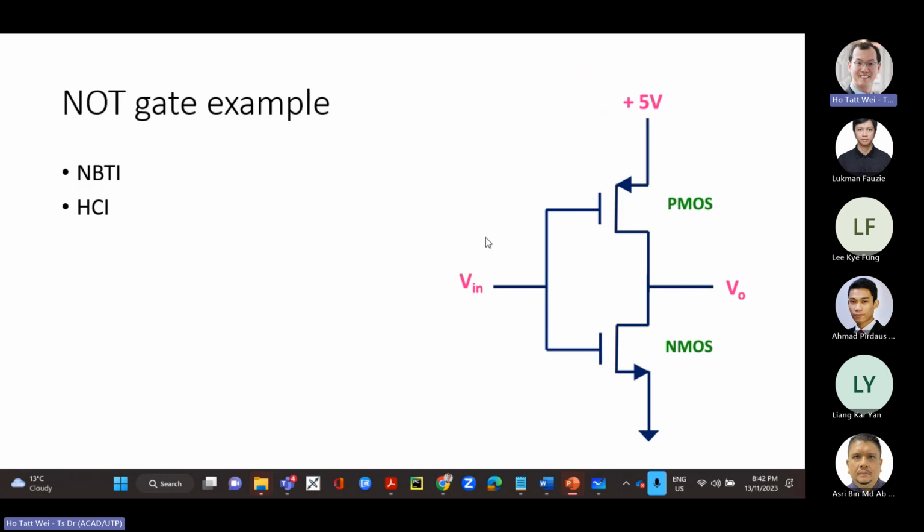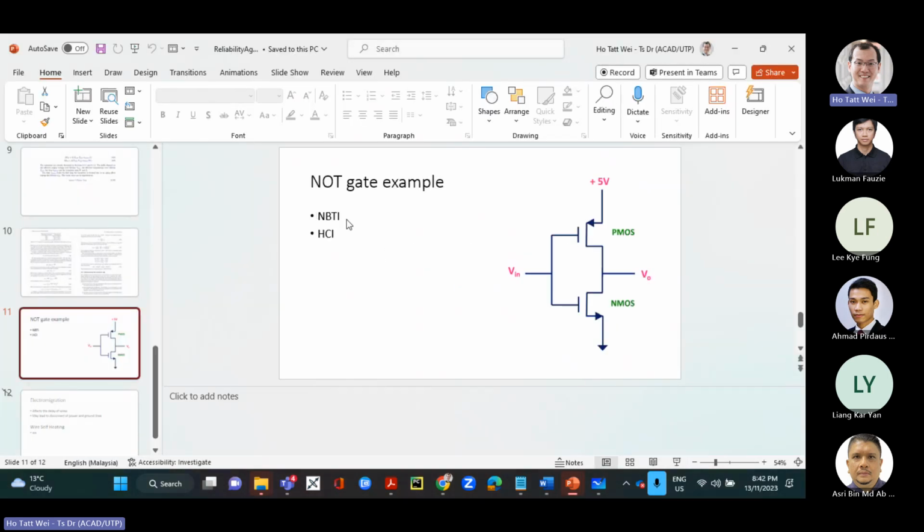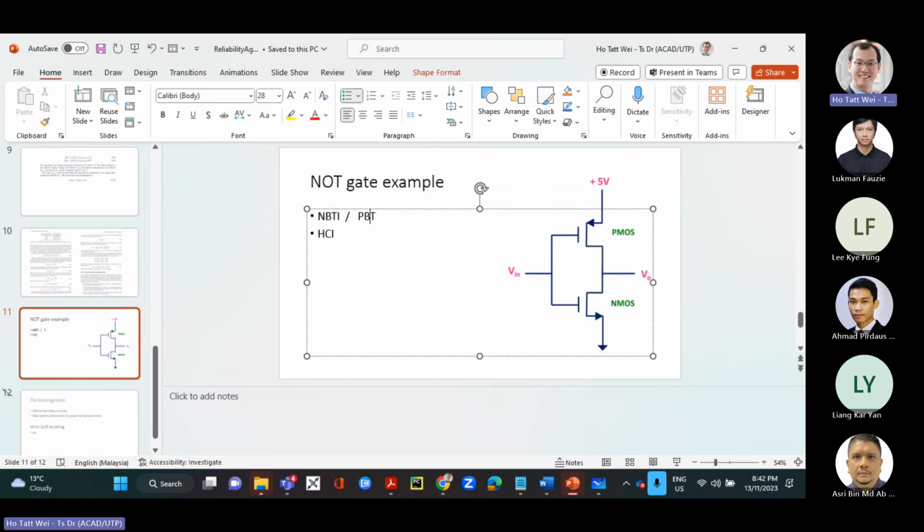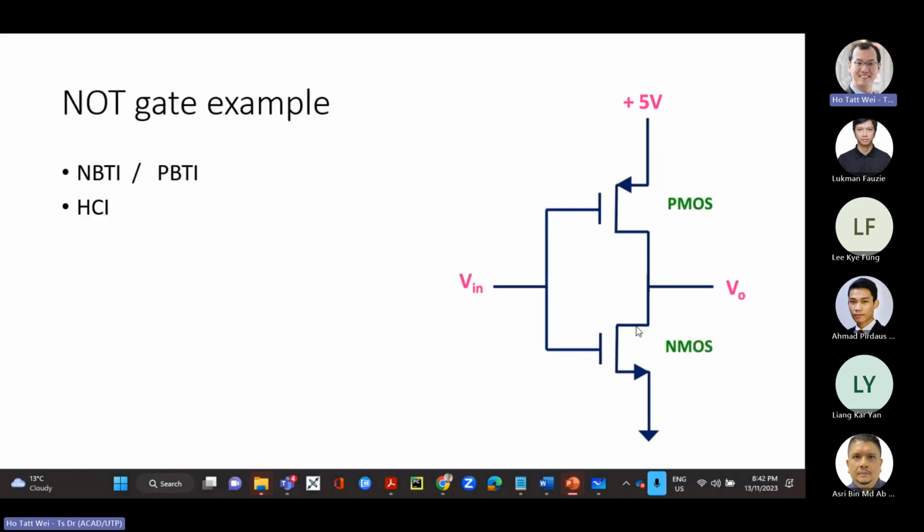If I change this to be held at logic 1, let's say for some other NOT gate I use elsewhere, it'll be logic 0 here. The PMOS is not degraded because it's logic 1, there's no channel here. But with logic 1 here, there's going to be a positive voltage, so this channel will be there, but there's not going to be current. Because it's held for 80% of the time, my primary aging mechanism will be PBTI, positive bias temperature instability, affecting the NMOS. So it's going to degrade the speed of the NMOS.